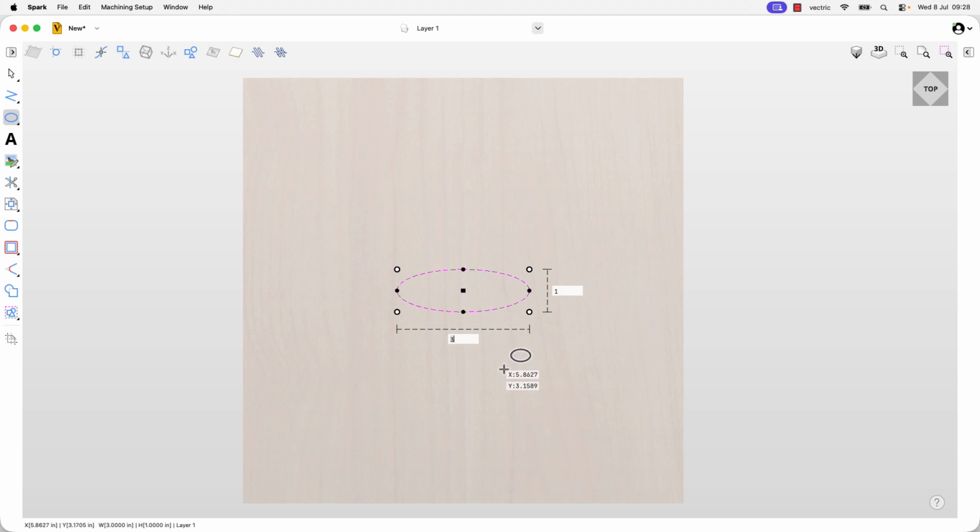Now the last thing I'm going to cover here is some hotkeys, and hotkeys are a way that you can manipulate your ellipse while you're drawing it. So what we're going to do is just delete this ellipse out for the moment, and I'm going to just start drawing a new ellipse. So we'll get rid of this one, and you'll notice that I left mouse click, start dragging on my ellipse,